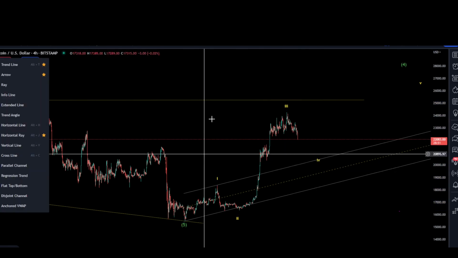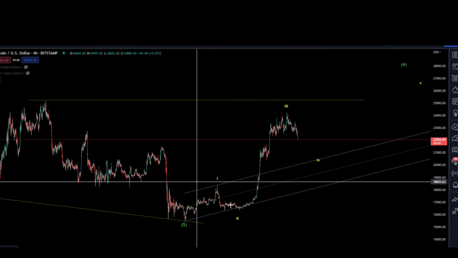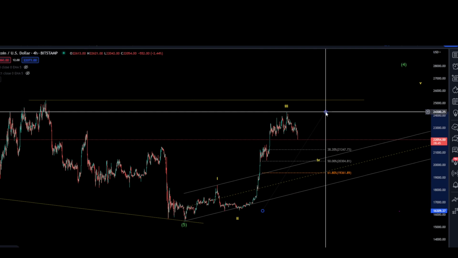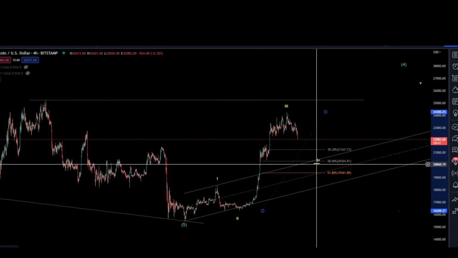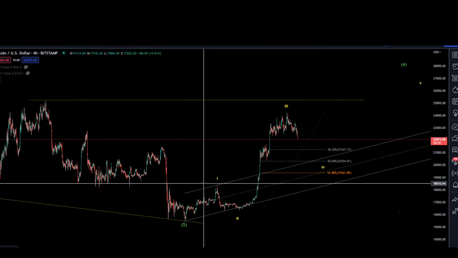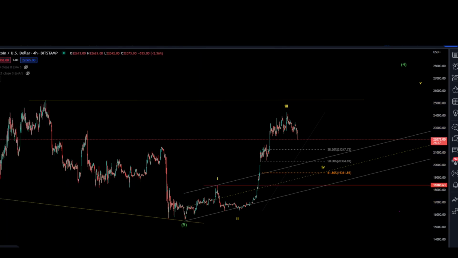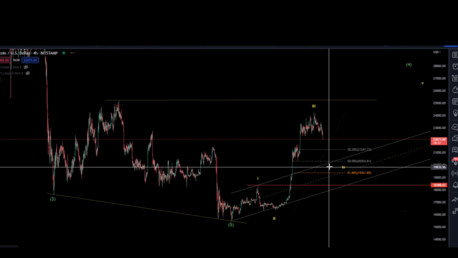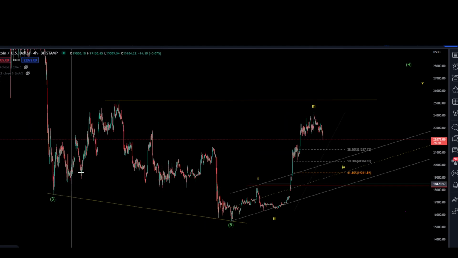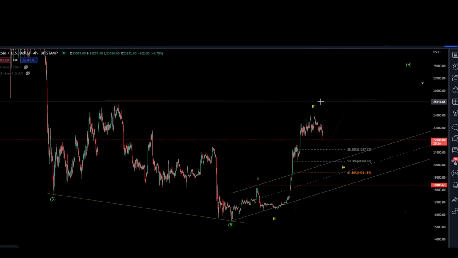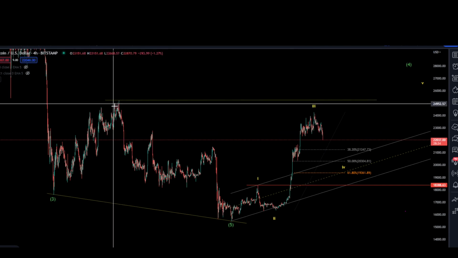Now, how do we know that this is going to be the fourth wave? How do we know when this fourth wave ends? Well, usually a fourth wave ends around 38%, but it shouldn't go more than 50%. And our invalidation level is basically the extremes of wave one, which is right here. So if the market does push down and take this level out, then what that basically means is, from this being an ABC, and we're expecting this to be an expanded flat where it takes out the extremes of this wave A,